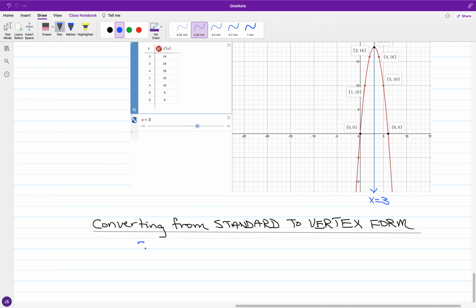Again, you had the standard form, where y is equal to f of x is equal to ax squared plus bx plus c, where a does not equal 0, and we have for the vertex form